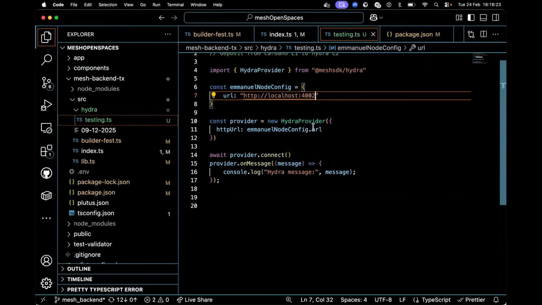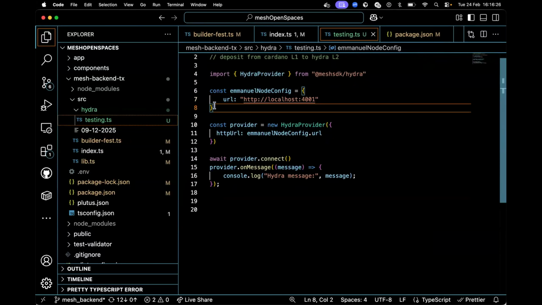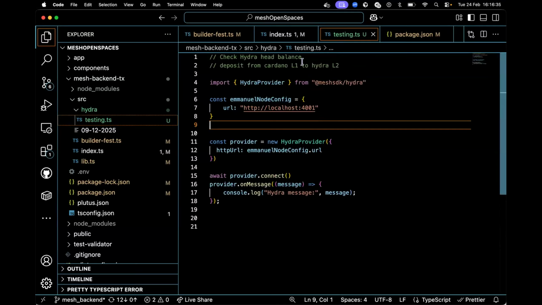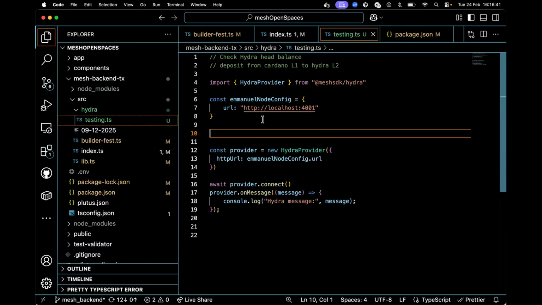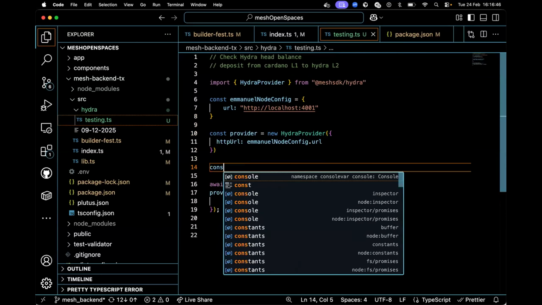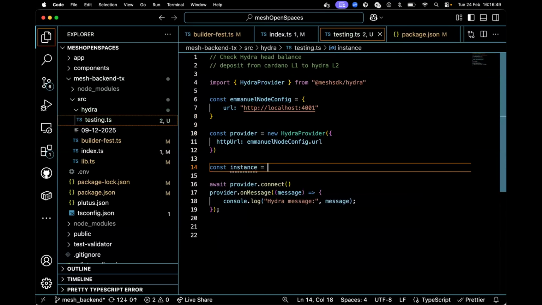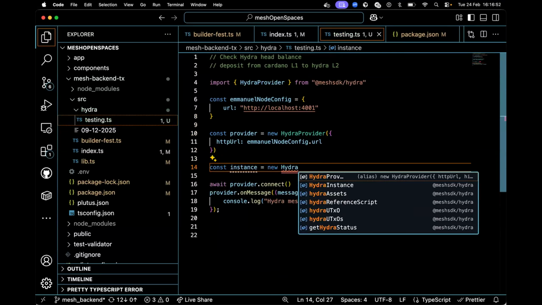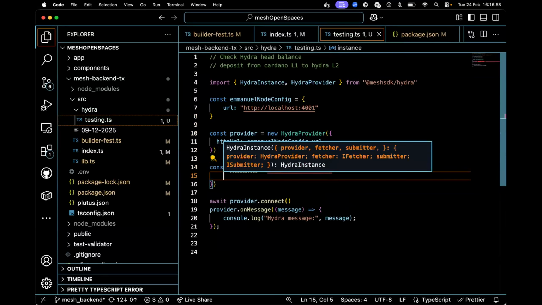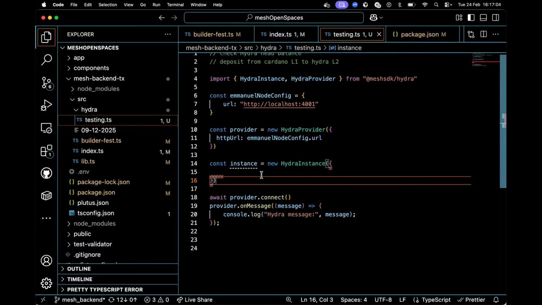This one here, let me change it back to one. So let me quickly commit a deposit from Cardano layer 1 to layer 2. It's basically called commit. And to do that, I'll be using the Hydra instance. So every new Hydra instance is like a new Hydra node? What is a new Hydra instance technically? No, Hydra instance is just another class in the Mesh package